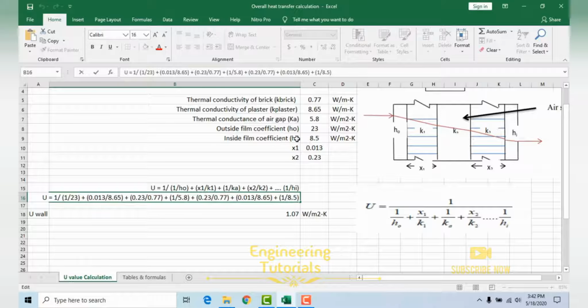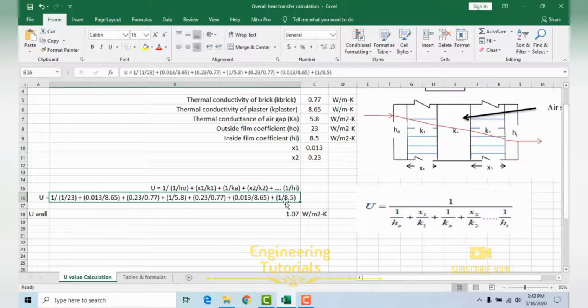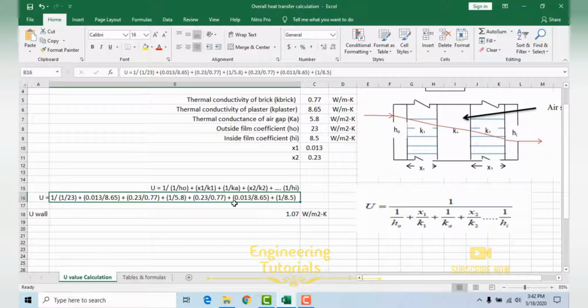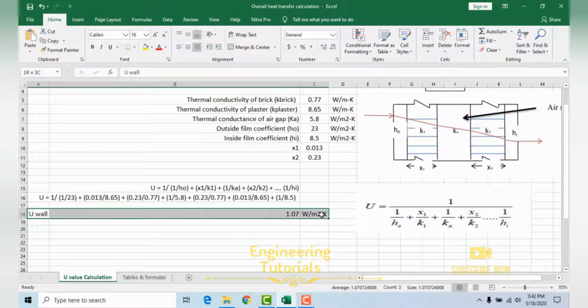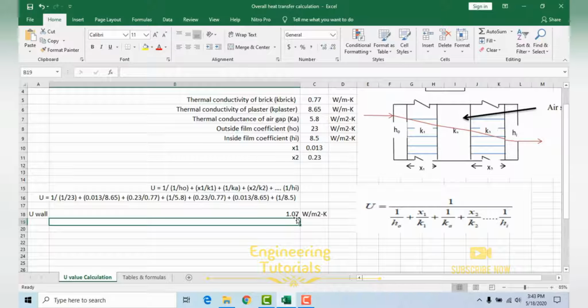Hi is the inside film coefficient and its value is 8.5. So 1 divided by 8.5. So we have applied all the values over here. After putting all the values, the overall heat transfer coefficient U of the wall is calculated as 1.07 watt per square meter Kelvin. As you can see, if I double click, I already applied the formula here. So this is how you can calculate the overall heat transfer coefficient U value of the wall,